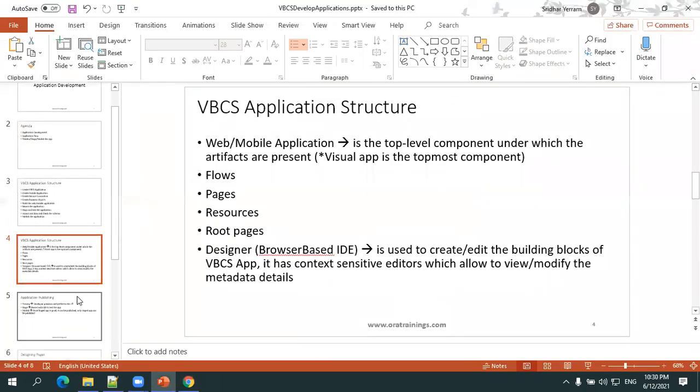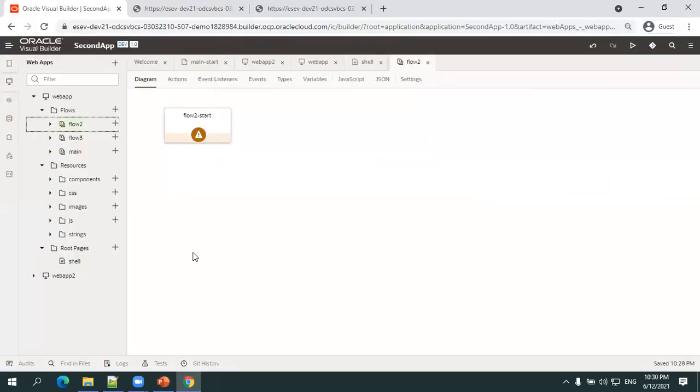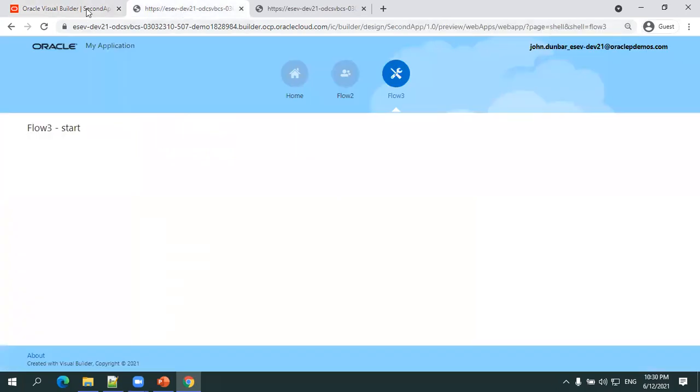Now coming to the other thing. Before proceeding to publishing, as of now, what we have done is we just created a web application, and we have not designed anything on our own. We have not written a single line of code. We just considered a template, it deployed. It provided 3 pages by default, right?